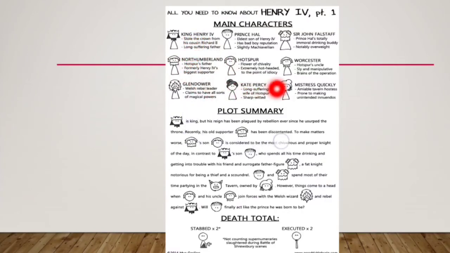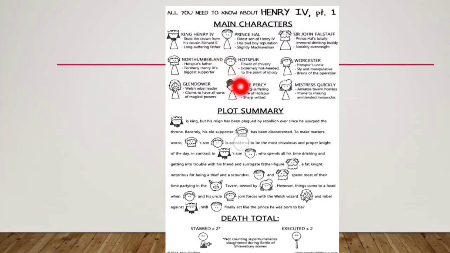And then there is Hotspur Percy. Now, Hotspur Percy is at first portrayed as the flower of chivalry. He is very chivalric, but he is portrayed as being hot-headed. He is portrayed as being short-tempered to the point of idiocy. Now, you may not use these words as such, but in order to remember the character, you may as well remember these words. Okay, so Hotspur Percy is portrayed as being the flower of chivalry in the kingdom, but soon when his motives are revealed, he comes across as a very hot-headed figure, a bad-tempered man who takes all the